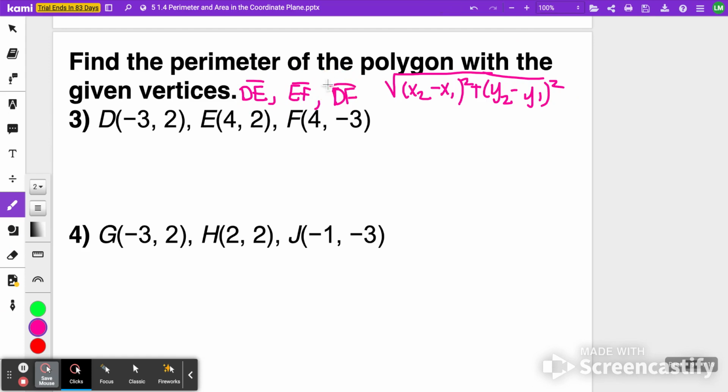Okay, and that connects all sides. So let's go ahead and take time now to pause the video here. Try finding the distances of those 3 segments, and when you're ready to check, click play. All right, so the first thing I'm going to do is focus on